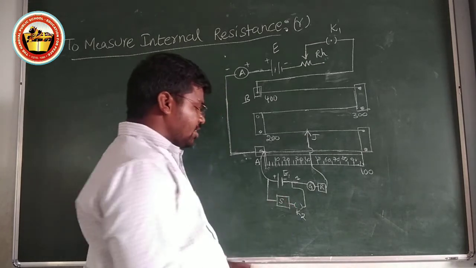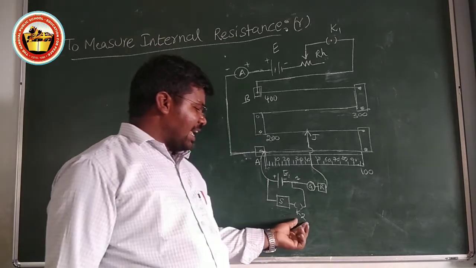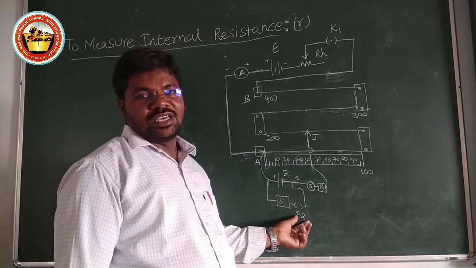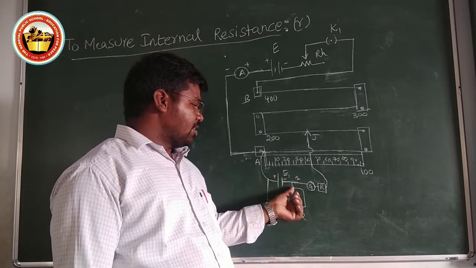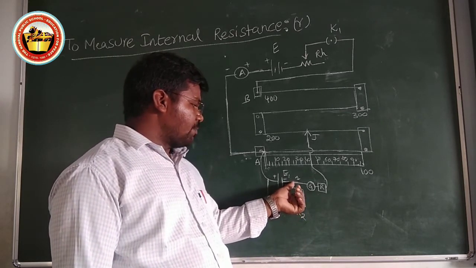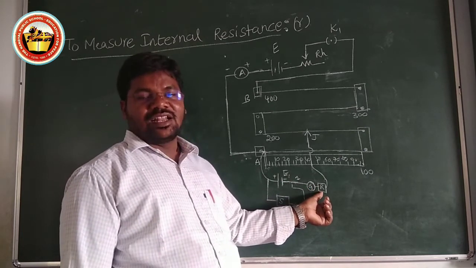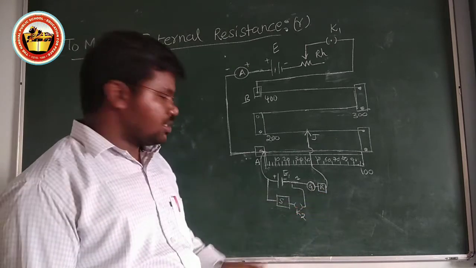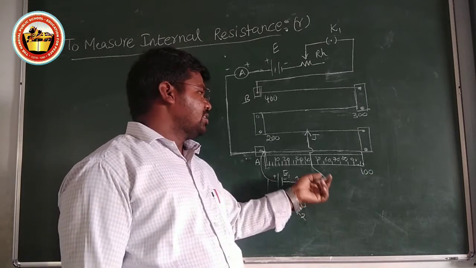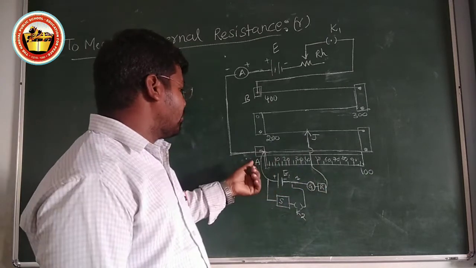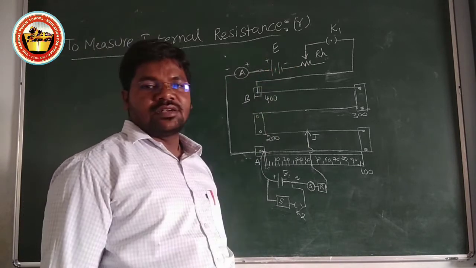In this resistance you have to take 1 ohm, 2 ohm, 3 ohms like that. Here we arrange K2, which denotes key 2. These two wires are joined at one point, that too from the galvanometer and external resistance. In the previous case also we have to add some external resistance, and the jockey J. From A we have the ammeter, battery, rheostat.